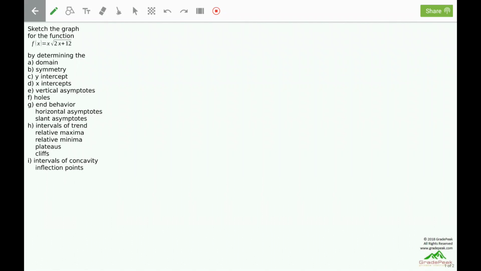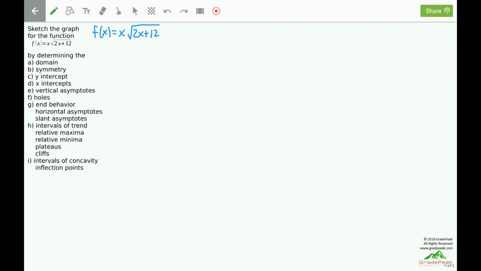Sketch the graph of the function f of x equals x times the square root of 2x plus 12 by determining the parts A through I. f of x equals x, a polynomial term, the domain will be all real numbers, times the square root, an even root,